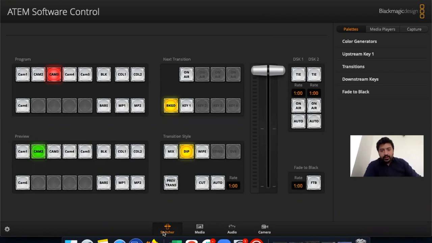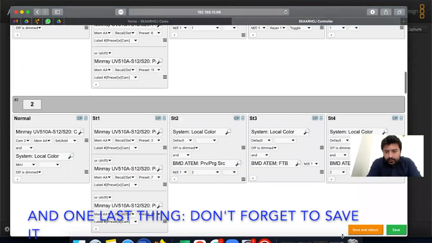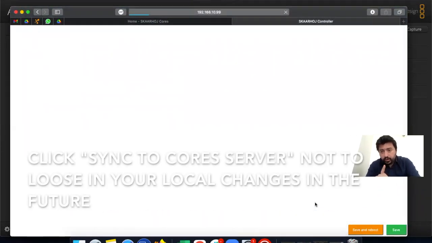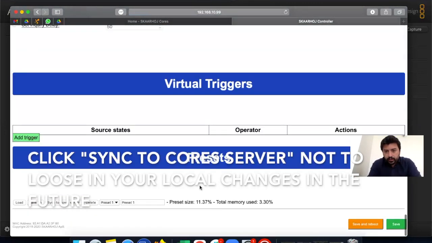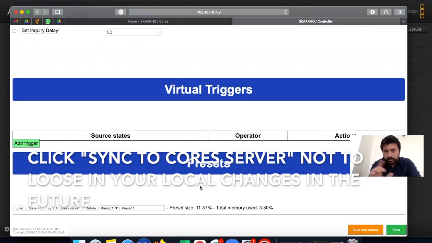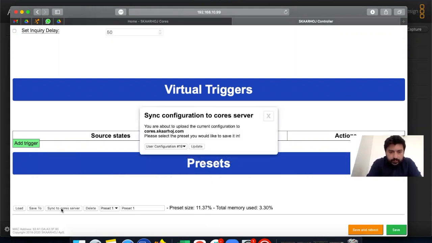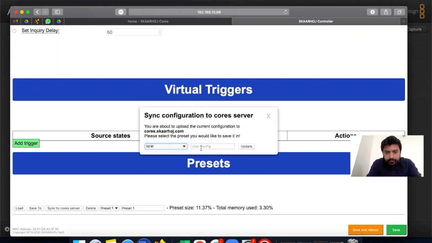And one last thing, don't forget to save in here. Since I use local configuration, I need to save it, not to lose my new configurations in local. So I'm selecting in here, sync to core server. Okay. Let's save it as a new name, and I think I don't know,